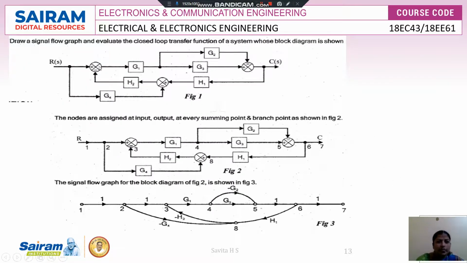Next, we need to convert this block diagram to a signal flow graph and find the transfer function. Wherever the branch points and summing points are there, we'll assign the nodes and write the signal flow graph like this. So this is the signal flow graph for the given block diagram. Wherever the feedback is there, I need to write the feedback. Here also they have written the feedback, and here is the same point, here also the same point from A to 2.